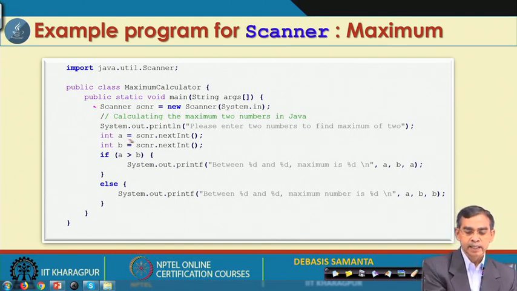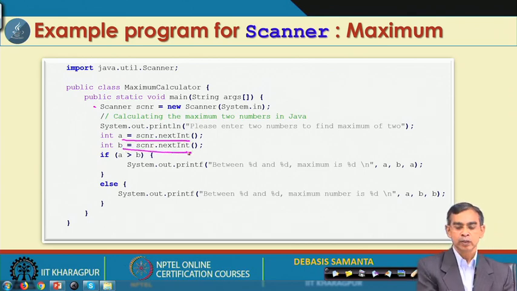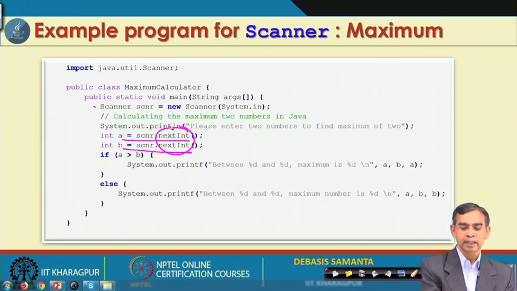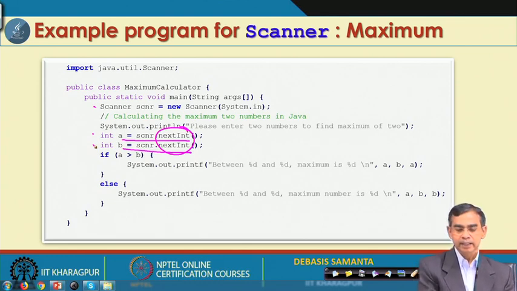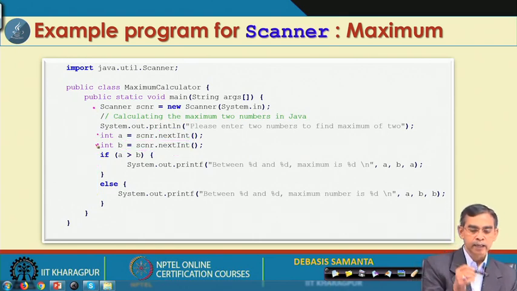Now, next is this statement, as well as this statement. So, nextInt basically checks in the line of input whether the next input is there. If for some reason this input is not there, or it is not able to read an integer and finds some string instead, then this statement also throws an exception. These are the points: here, here and here.